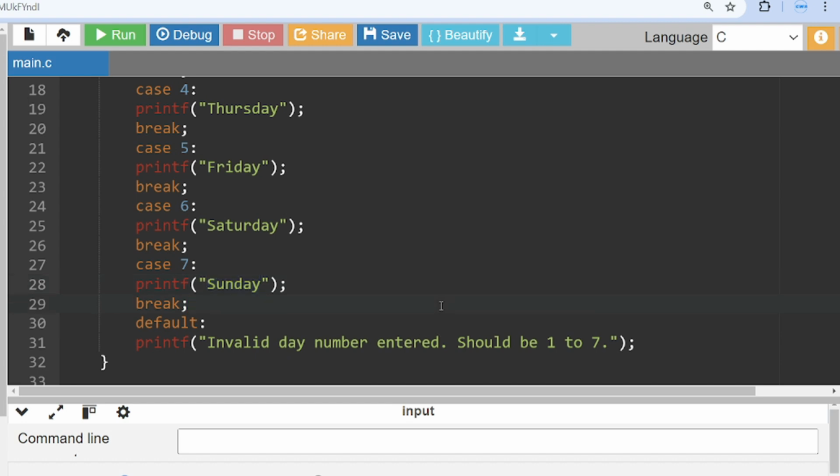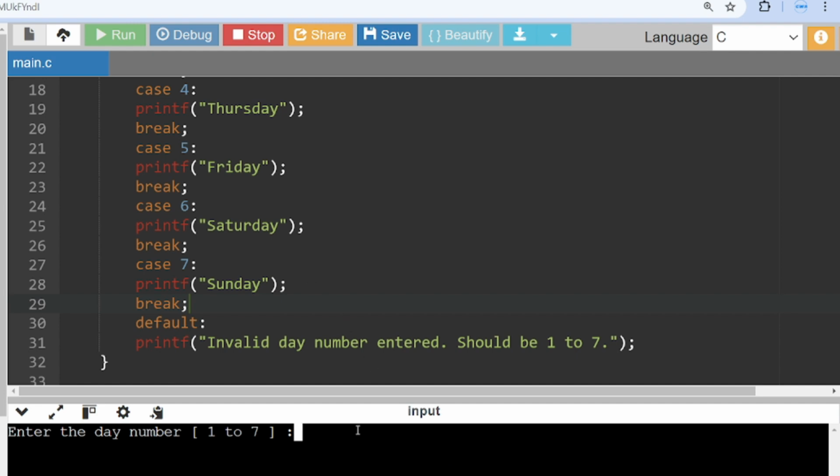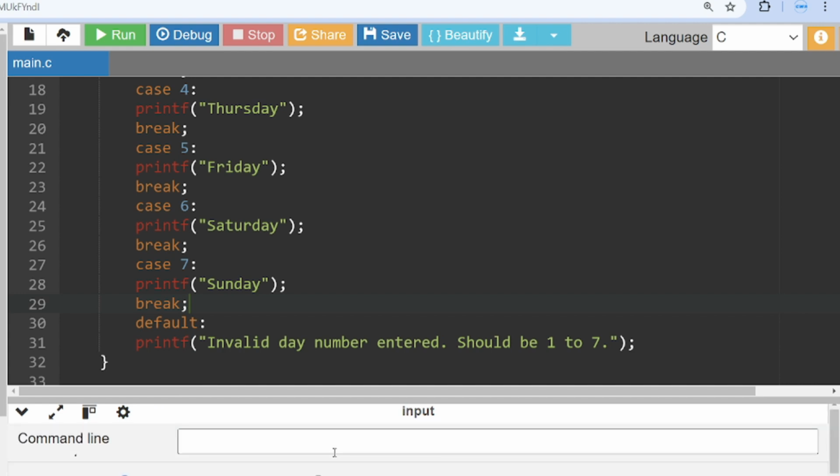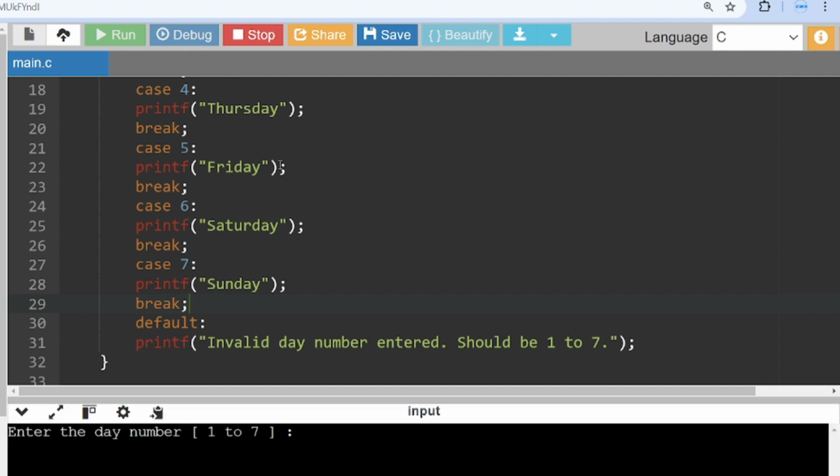So let me run this program. I am hitting the run button here and then running the program. Below I am entering 5, then it should show me Friday. What if I run it again and try to write 55? Then it should show me that invalid day number, it should be 1 to 7, right? So this is a